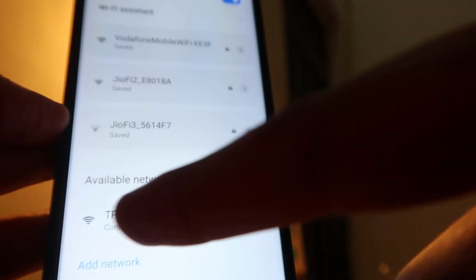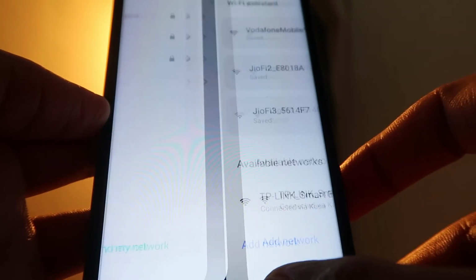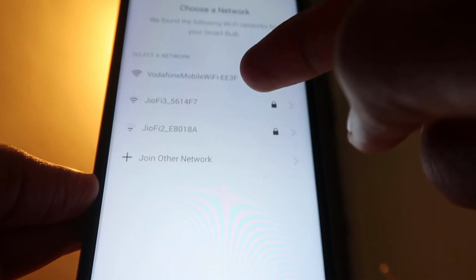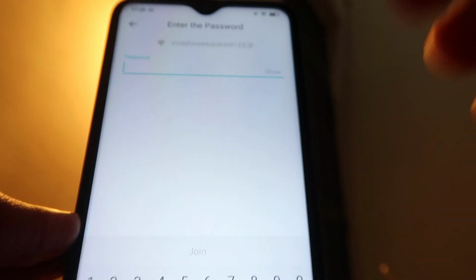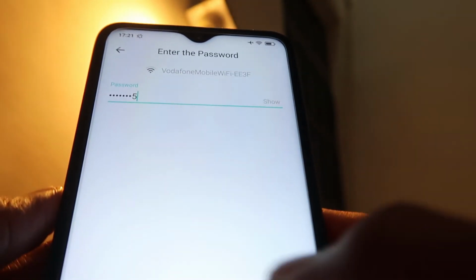From here you have to choose the TP-Link smart bulb Wi-Fi ID. After that you will be asked to choose your Wi-Fi, and then it will ask you for the password of the Wi-Fi you want to connect this with. Then I'm going to add my password, and after entering it I'm going to click on the join icon.